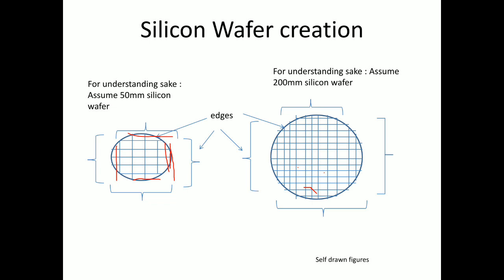On the right side you can see the silicon wafer is about 200 millimeter, somewhat big, and the size of the IC is also less. You can see a large number of small boxes. The small boxes are small ICs, so the count of the ICs is also large. This means many ICs can be manufactured on a single silicon wafer in a single IC manufacturing process when the IC size is less.